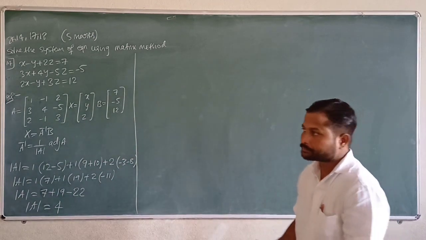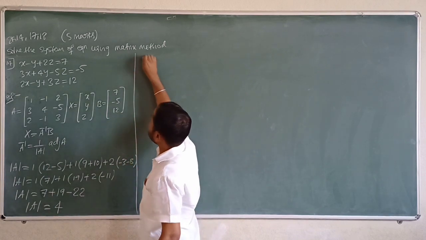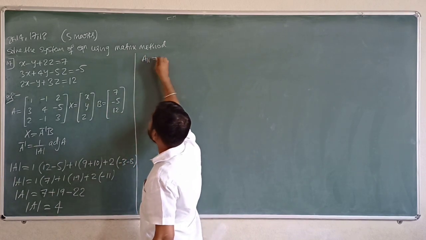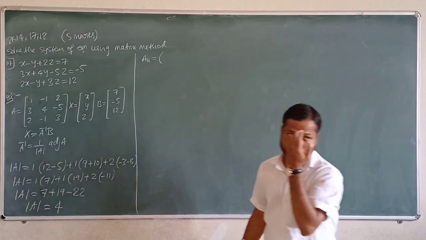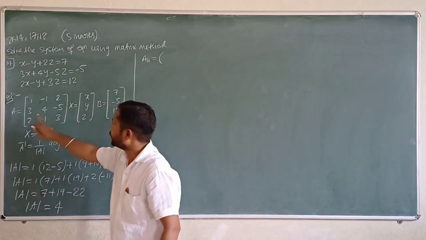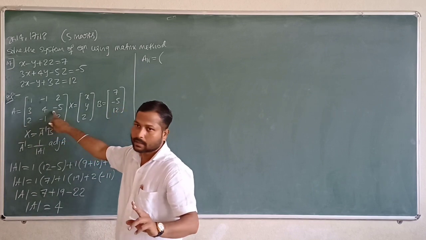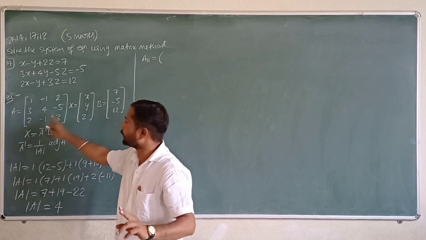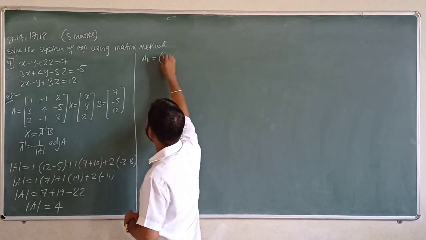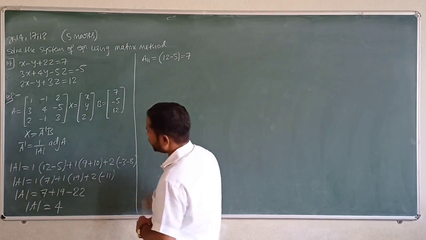the cofactors. Take up the cofactor of the first element, A11. A11 is positive. Delete first row, first column. First row, first column. 4 3s are 12, minus into minus plus, plus into minus minus, 1 5s are 5. What is the total answer? 12 minus 5 means 7.